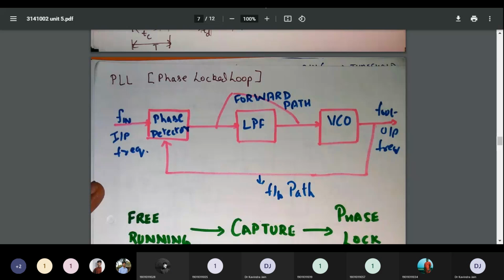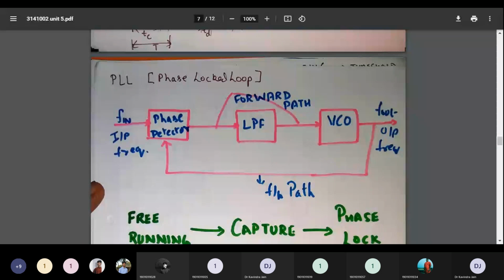So we are going to start with PLL circuits, which have a low pass filter inside them. What is the use of this low pass filter and how can it be further utilized along with the phase detection part that we are going to study? I request everyone to kindly note down this block diagram of PLL. Then we are going to elaborate each and every block drawn inside it.